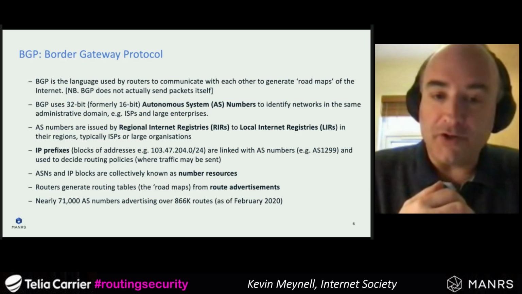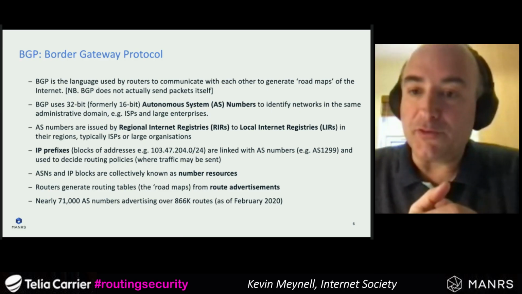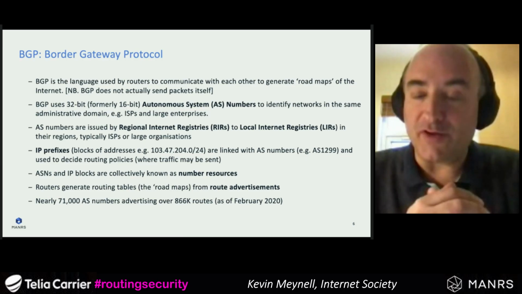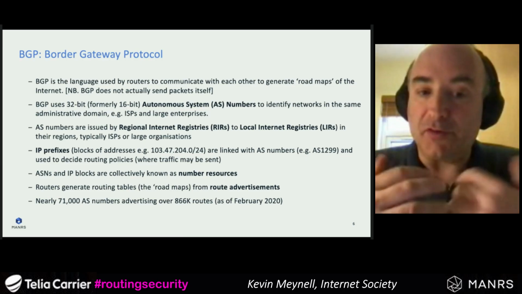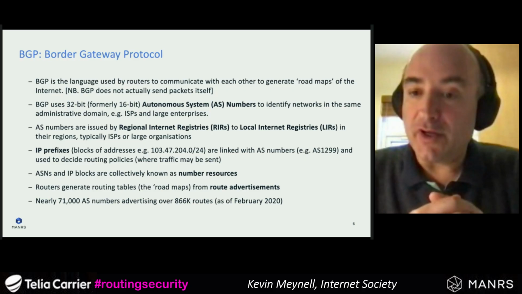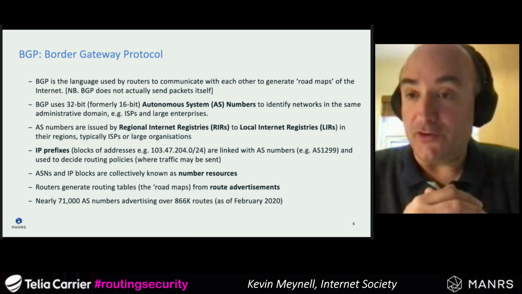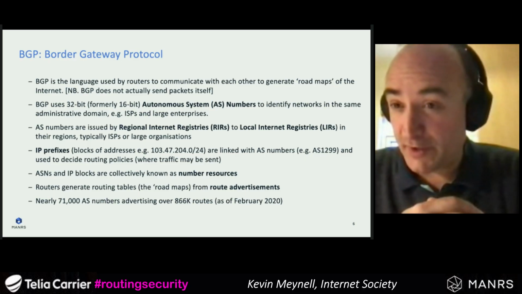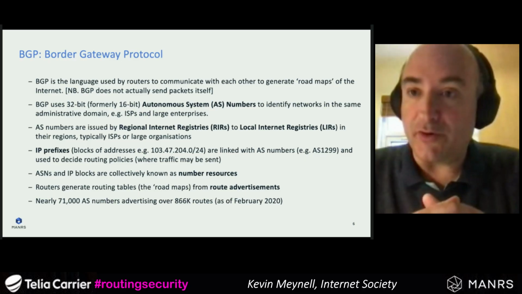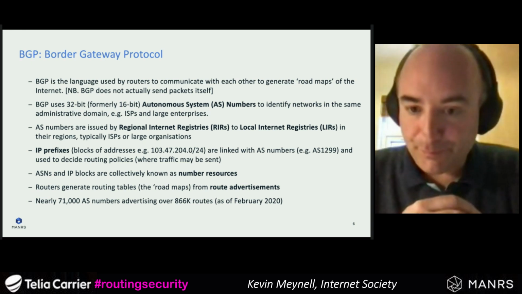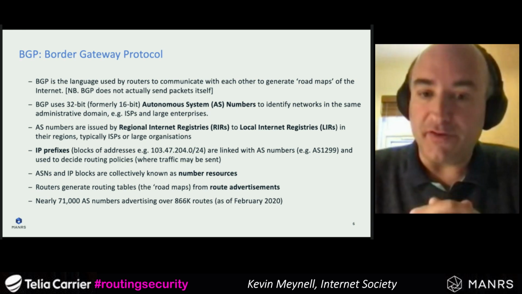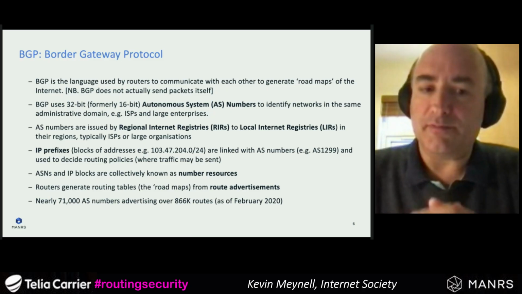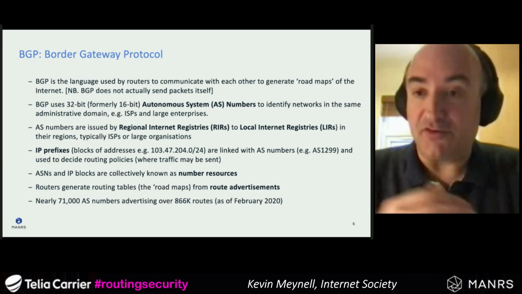BGP uses 32-bit AS numbers to identify themselves. In case you're wondering where these AS numbers come from, these are issued by regional internet registries to what's called a local internet registry. A local internet registry will normally be an internet service provider. Sometimes it can be a very large enterprise, sometimes a government department, but it will be unique on the internet. In the case of Europe, in the case of Sweden, you'll go to the RIPE NCC for